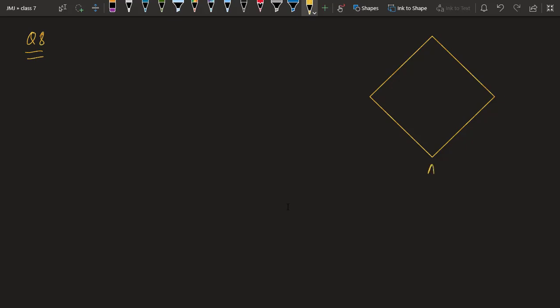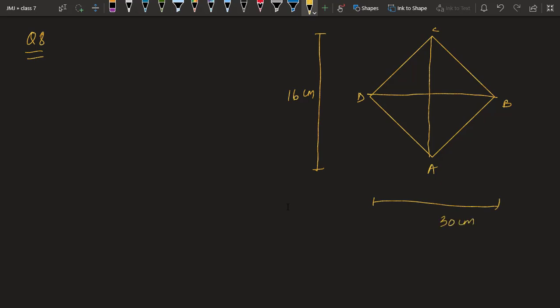So let me write it as A, B, C, D. The diagonals of a rhombus measure 16 and 30. So given to us diagonal, suppose AC is 16 centimeter and the second diagonal, this one BD, is 30 centimeter. We have to find its perimeter. So given AC is equal to 16 centimeter and BD is equal to 30 centimeter, to find